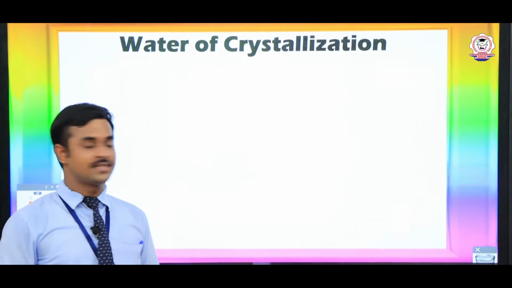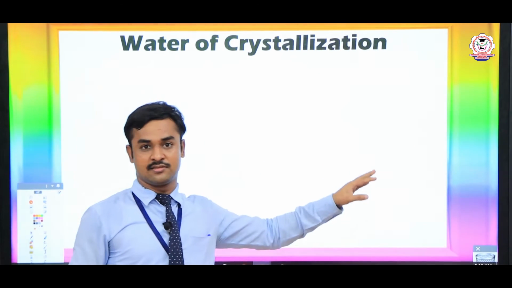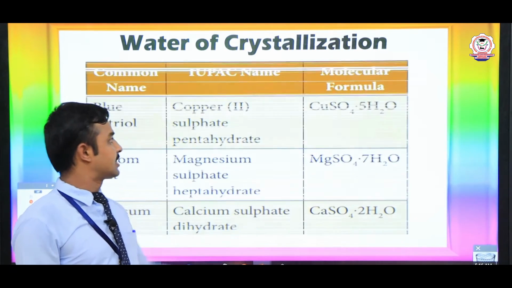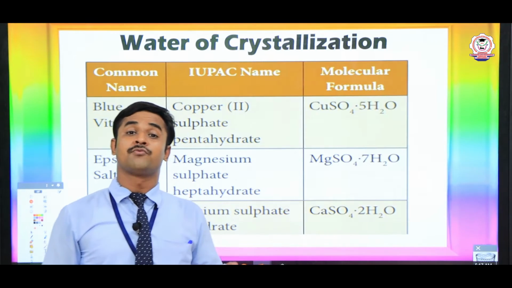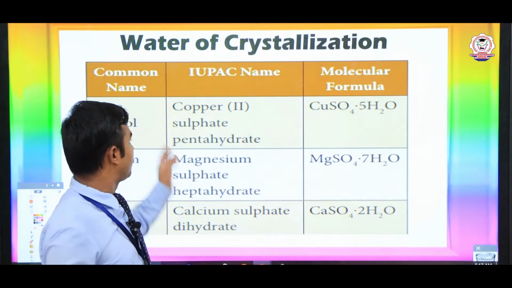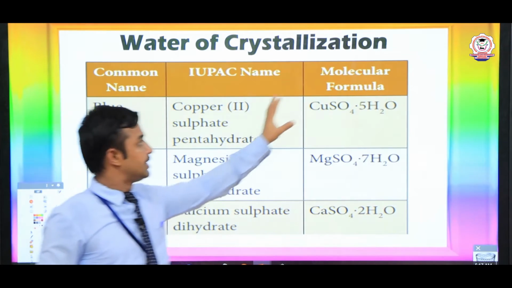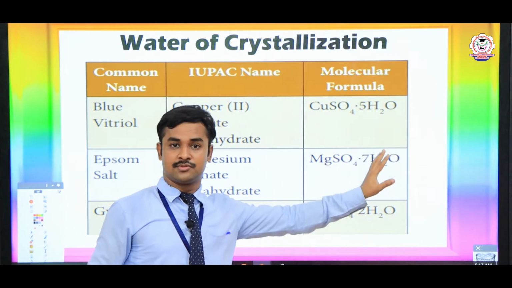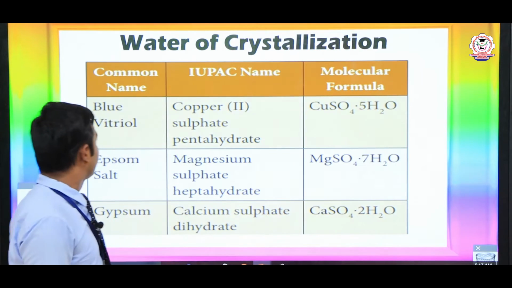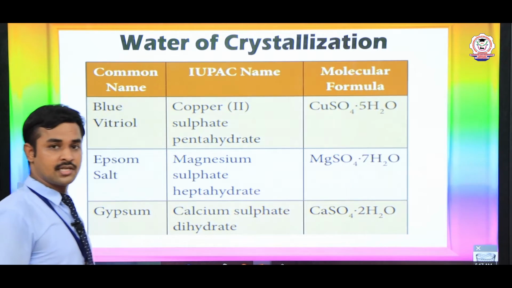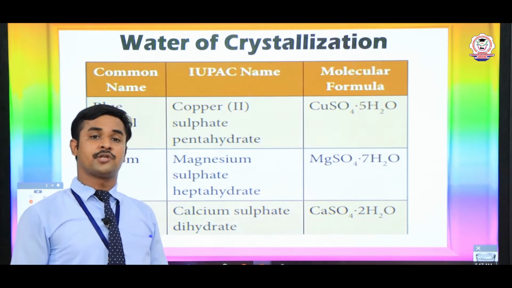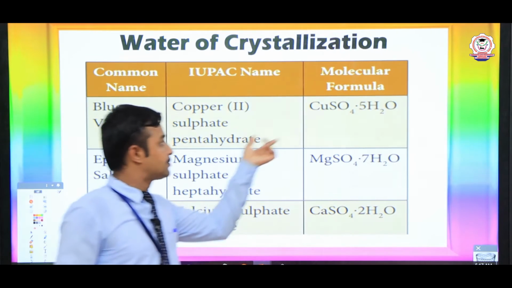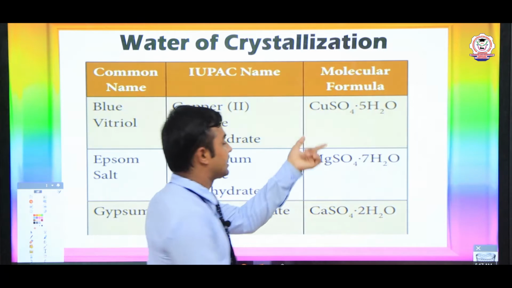So our topic today is water of crystallization. Water of crystallization describes compounds that absorb water molecules, and by absorbing water molecules they form hydrated compounds. For example, first consider copper sulfate. Copper sulfate has the property of absorbing water molecules. If it absorbs 5 water molecules, it can form